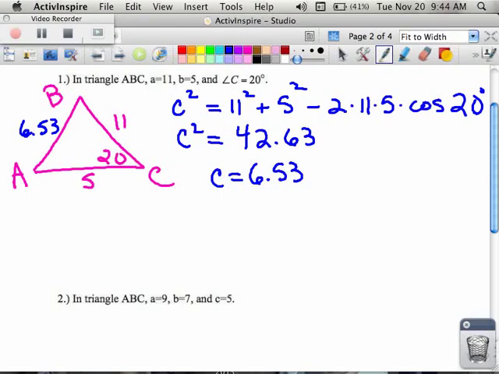Next, I'm going to look for the biggest remaining angle. Which angle is that? A. A. How'd you know it was A, Tristan? Because 11's the biggest side. 11's the biggest side. The biggest angle always is across from the biggest side. You learned that in geometry. So I'm looking for angle A next. That means I need to use the A formula. The A formula is